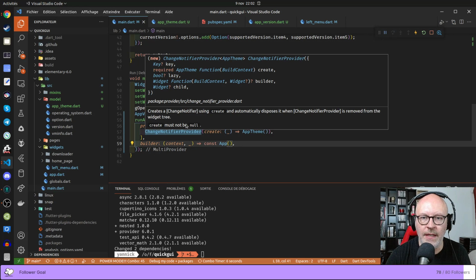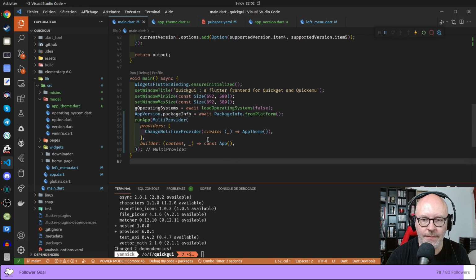So this is a ChangeNotifierProvider of AppTheme. Okay. We have just declared that what this will do is it will create this class, put that in the context, do some magic, and it will be usable somewhere else. Good. Where are we going to use that? We're going to use that in the app,